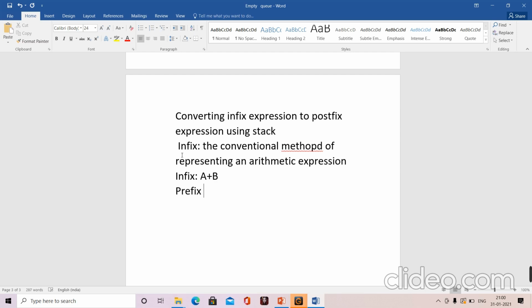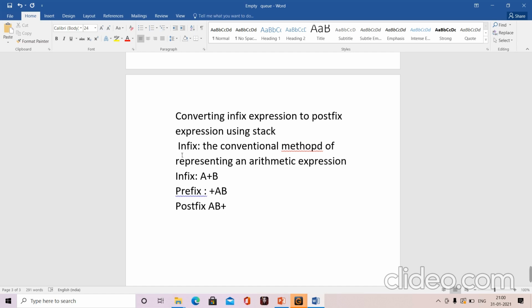Prefix means a b, and postfix means a b. So these are different ways of representing your arithmetic expression. All right, arithmetic expression. But from your syllabus point of view, we will be considering only conversion of infix